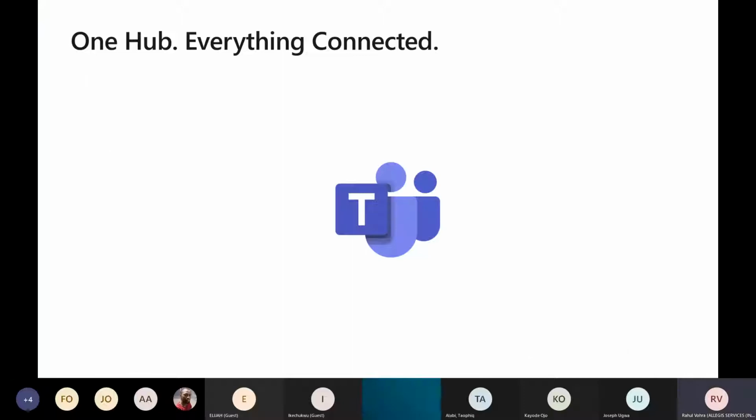So with that, we go ahead, and just to understand the platform and where Power Apps fit into this, let's have a quick understanding. One hub connects everything. When we talk about the Microsoft Teams platform, though it's been a while, we've started utilizing much more than the basic call, chat, and team meeting features.